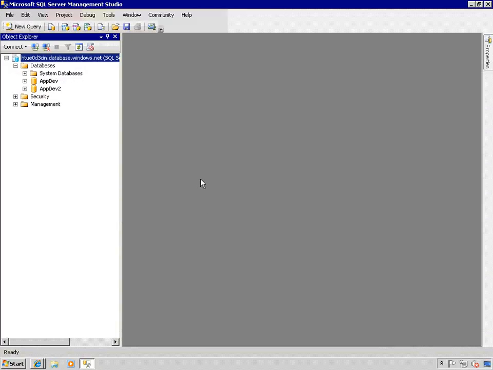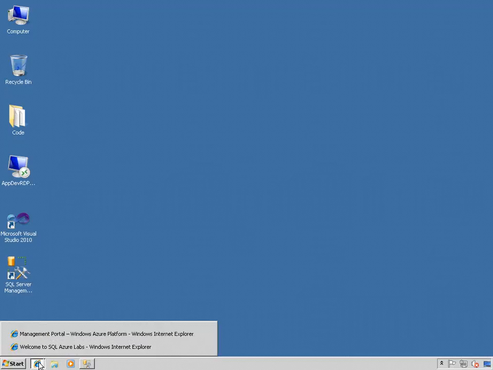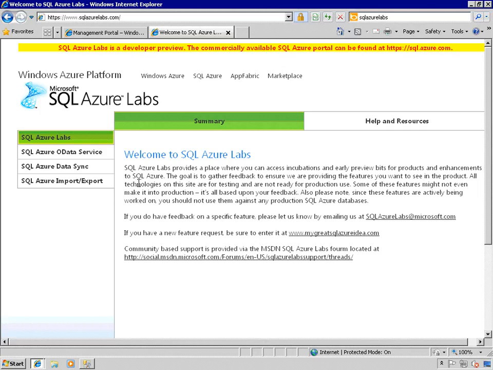In this example, I'm going to illustrate how to use the SQL Azure Data Sync to sync one database to another. For this example, we don't need our SQL Server Management Studio, so I'm going to minimize that. What we do need to do is go to the SQL Azure Data Sync portal. So this portal is located at